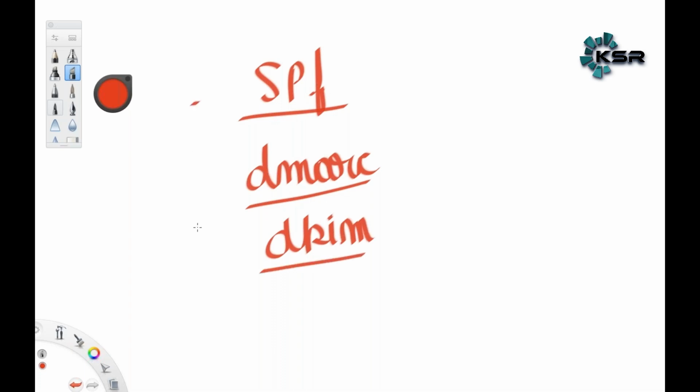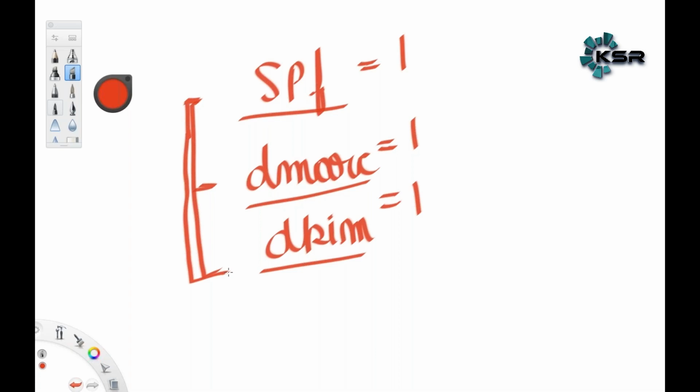These are the three records. If they are set to yes, it means that your email can't be spoofed or spammed. But if you want to do a further analysis of an email coming in your spam folder, then you would have to go through email header security, and for that you have different tools.